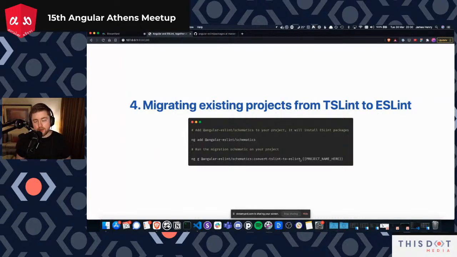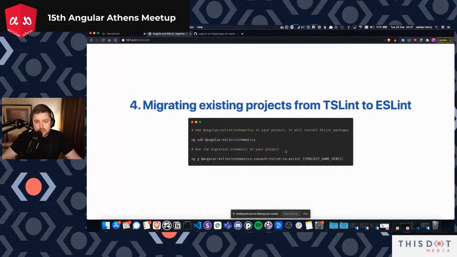So if you're operating with just a standard CLI workspace, you might only have a single project in there, but you'll notice in your angular.json, it's still defined as a project entry in the projects map that you've got in there in your JSON file. So you just need to look up what the project name is inside of there. If you have a monorepo style with Angular CLI, you'll have multiple projects in there and you can migrate them one at a time. So when you run this, in a similar way to how I described some of the cleanup work that the ng new command did,